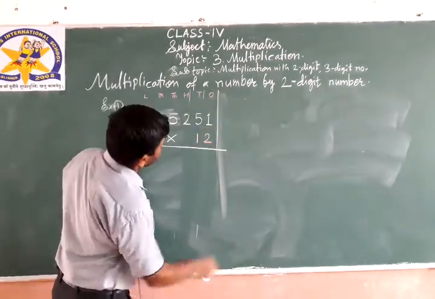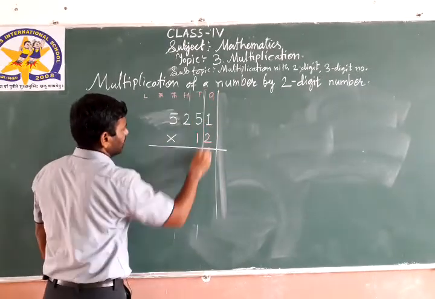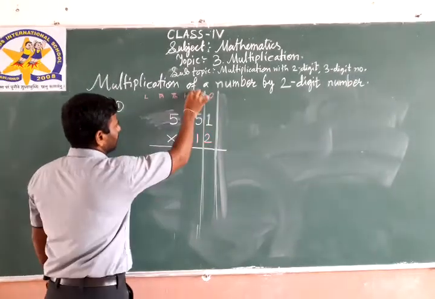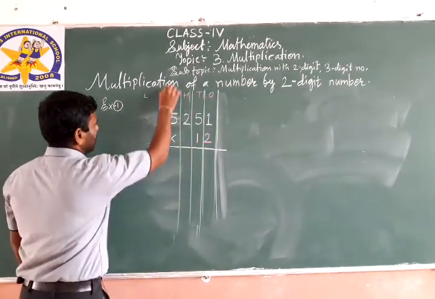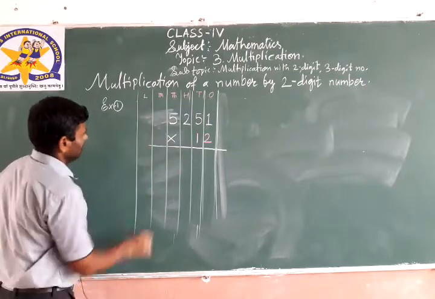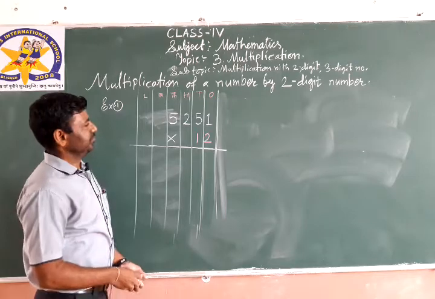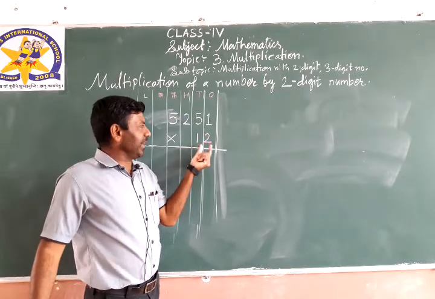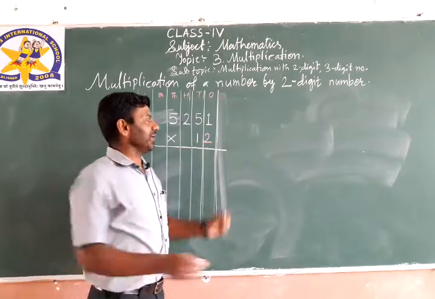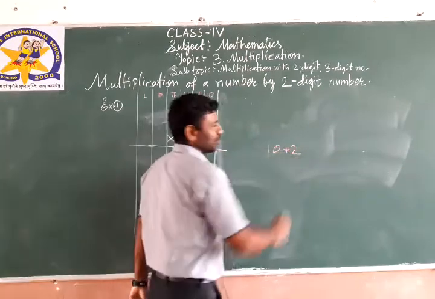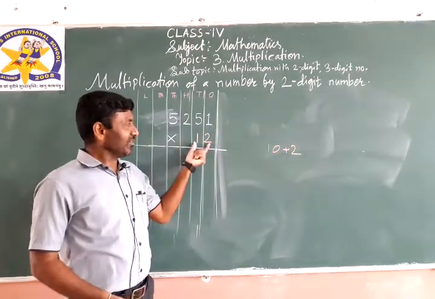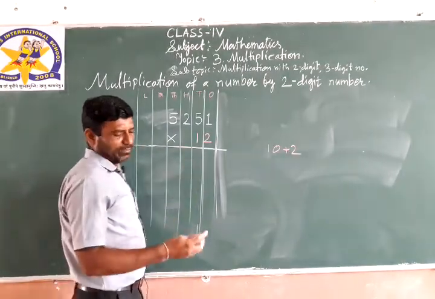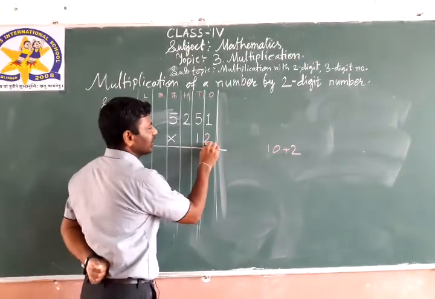Now draw, yes, right, or else I will draw with this chalk. Right, see, what is 12? 12 is a two digit multiplier here, two digit number. So 12 means 10 plus 2. What is 12? 12 means 10 plus 2. So first we will multiply, as we multiply with one digit, means with 2 first.